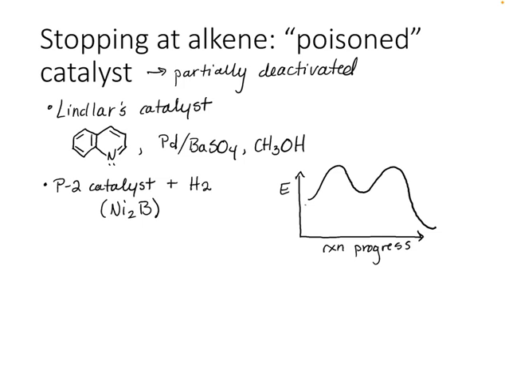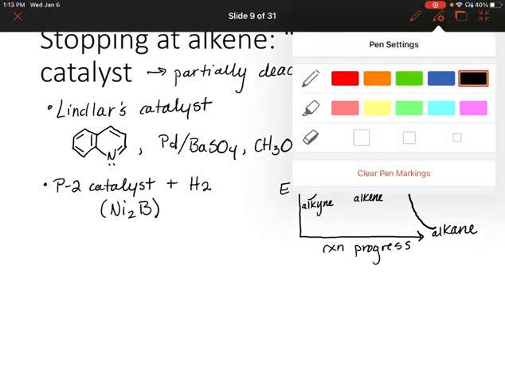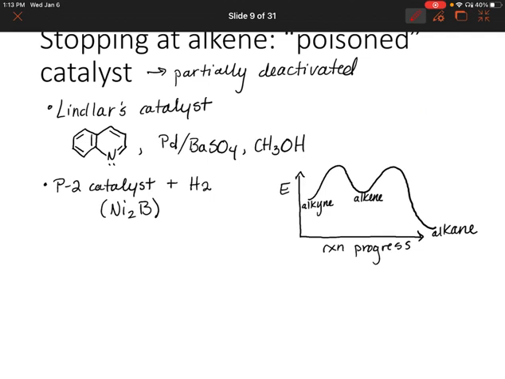So we start with the alkyne, then the intermediate is the alkene, and finally at the end we get the alkane. So what the catalyst does is it changes the pathway. I'll show the catalyst in red here. The catalyst is going to lower the activation energy of the first step, but not the second step. So it might look something like this,